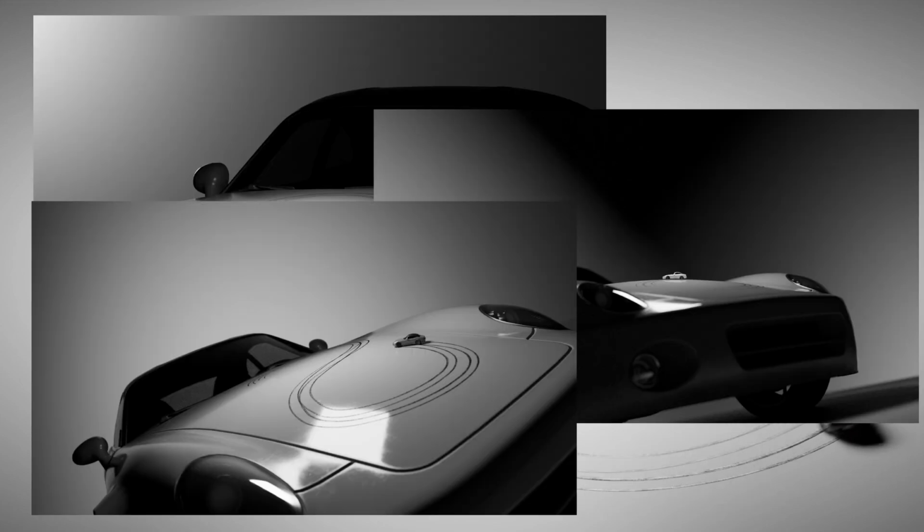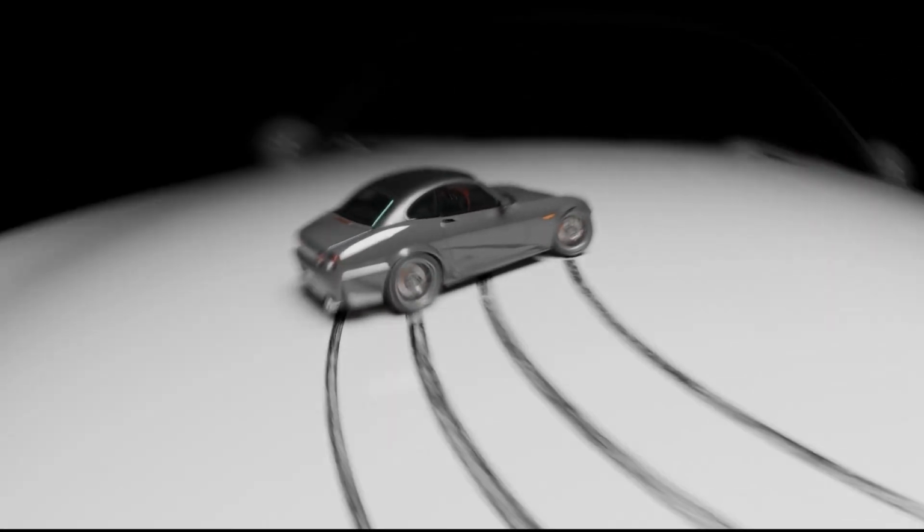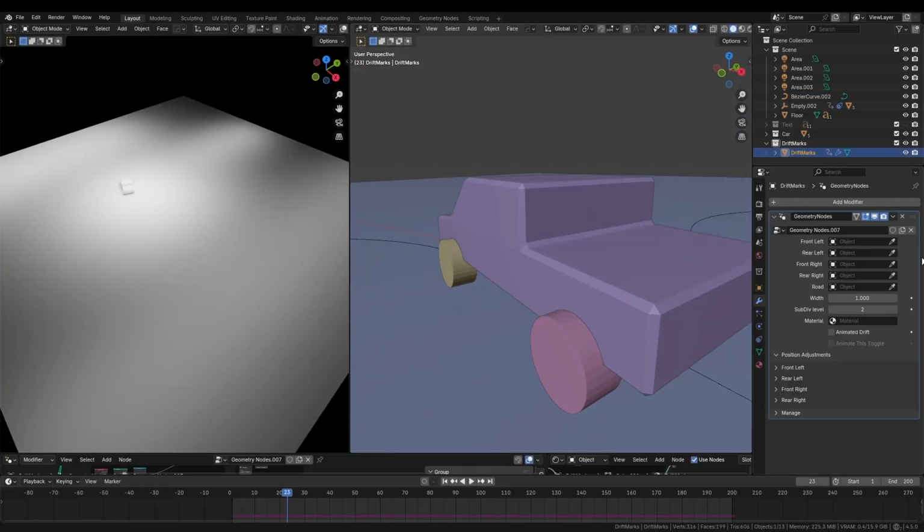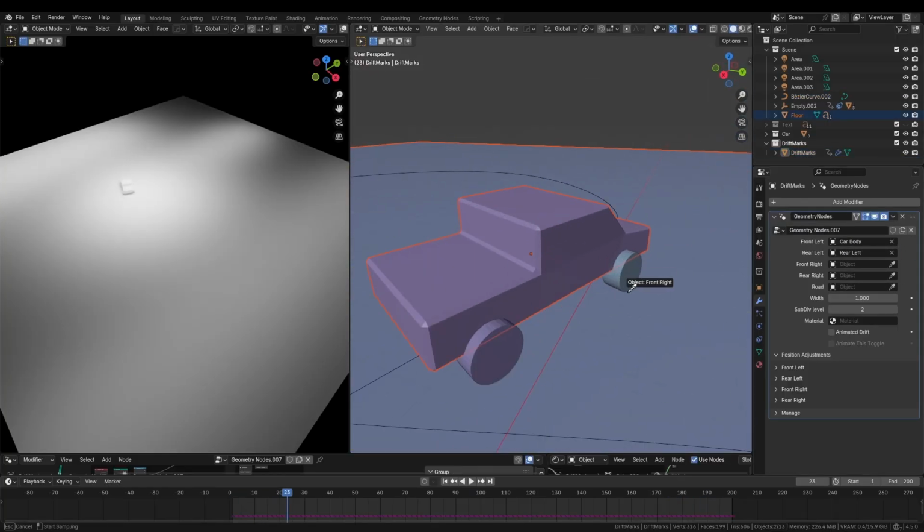Hello, I made this geonode setup that generates drift marks for one of my projects. I haven't seen any tutorials using this method and I really think that it's good. This method does not use dynamic paint but uses geometry nodes instead to generate a long decal of a drift